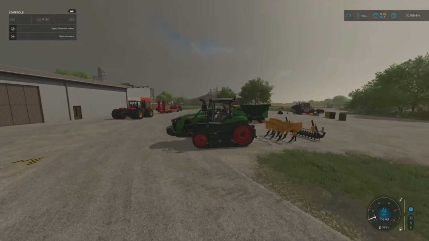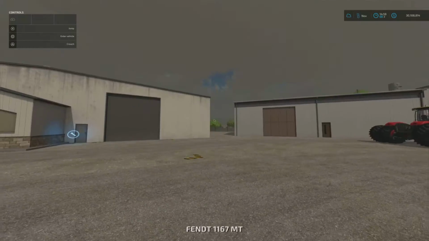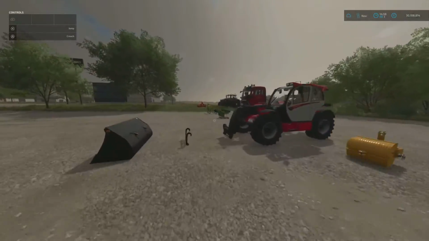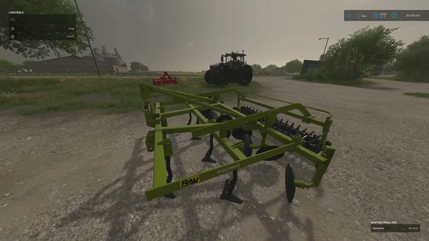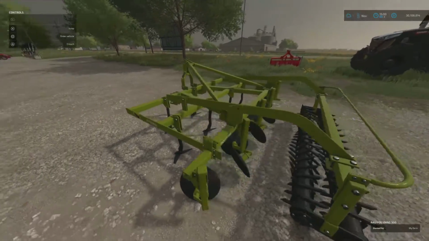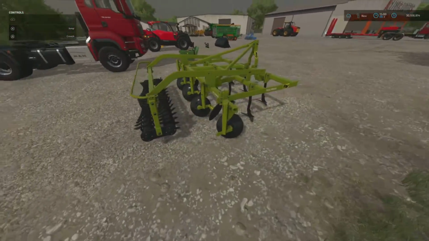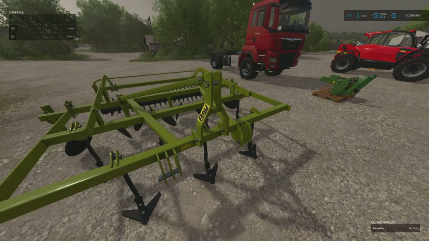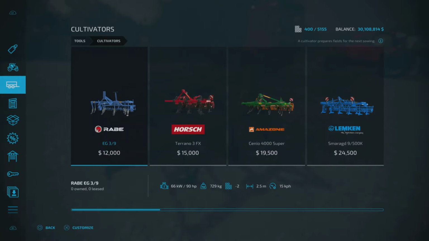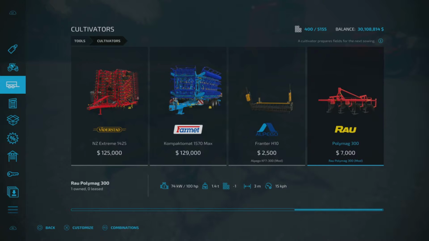Next up after that is this guy over here. This fella here, which is the Rau Polymag 300. It is a cultivator as well. Not a bad looking cultivator. I think it's only a 3 meter one as well. It will take 2.04 megabytes to download and use 4 slots on console. You will find it under tools, under cultivators. At the end there,